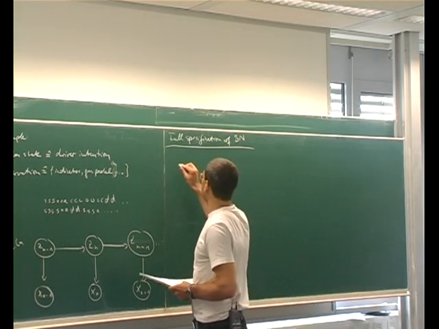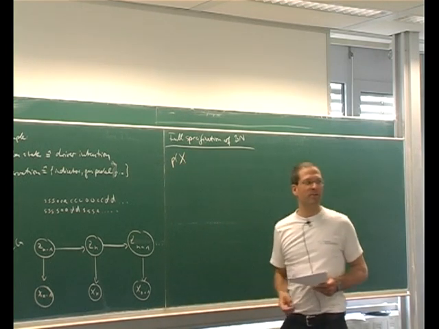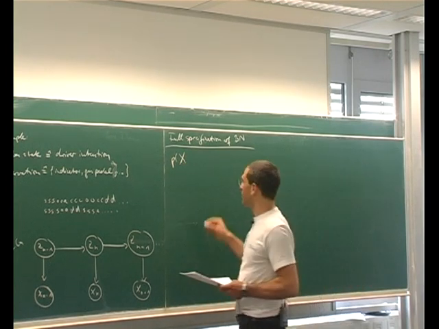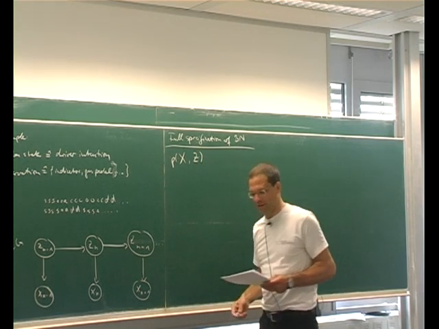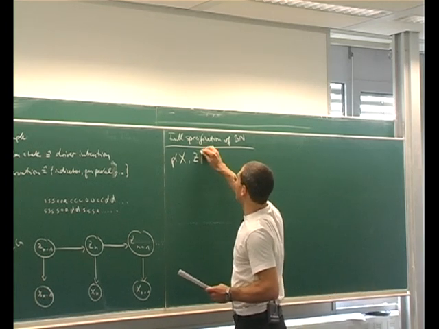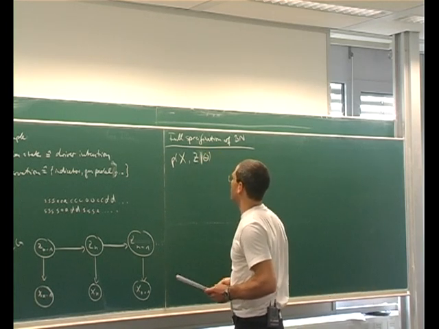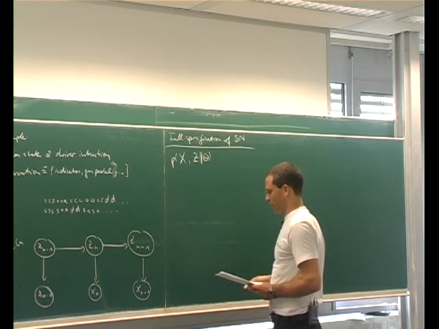So we're interested in the joint probability of capital X, which represents the sequence of all observations, and Z, which is the sequence of all hidden states that gave rise to those observations